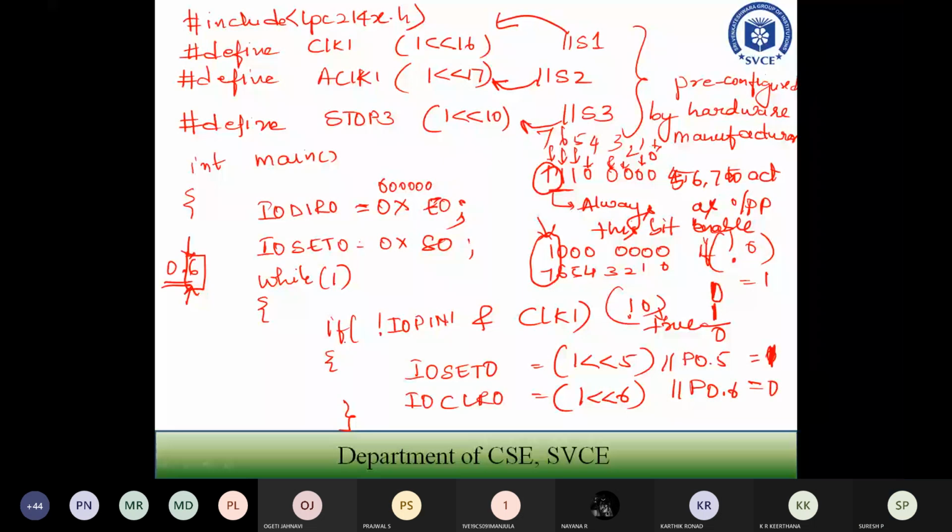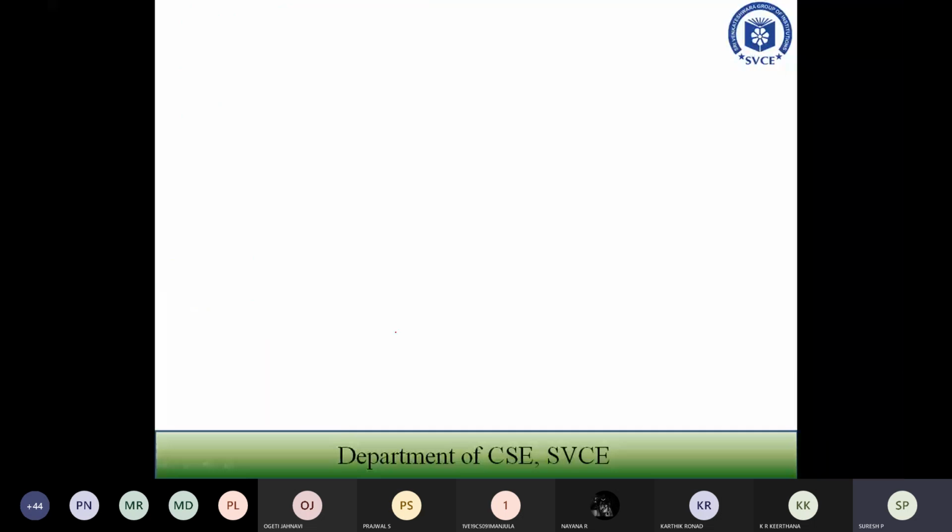Similarly, I have to check which pin is set and which pin is not set. If the pin configured for your port 1 clockwise direction is pin 16, I need to check whether that particular bit is 1 or not. If it is 1, it means the switch is open. If the switch is open, it should not rotate. So your IO pin will specify whether that particular switch is open or not. Now, for the next part, you are again going to write an if condition, checking the IO pin 1.